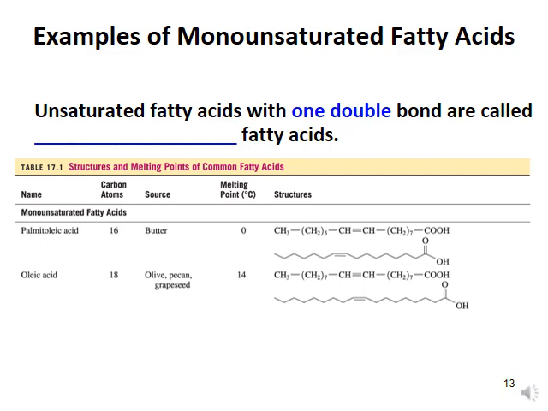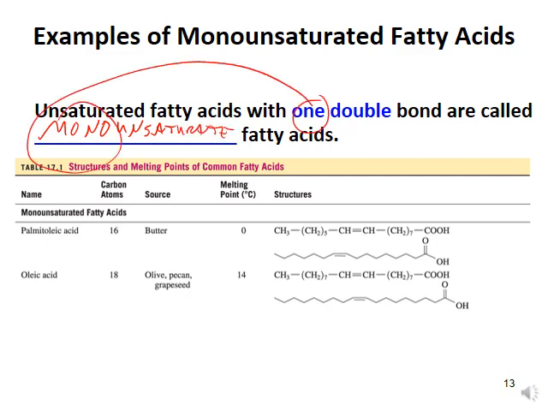Unsaturated fatty acids with one double bond are called monounsaturated, for obvious reasons. One, mono. Well, maybe you've heard of monounsaturated fatty acids. You're more likely to have heard of